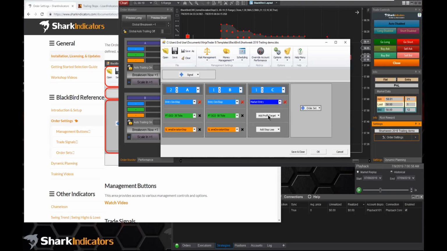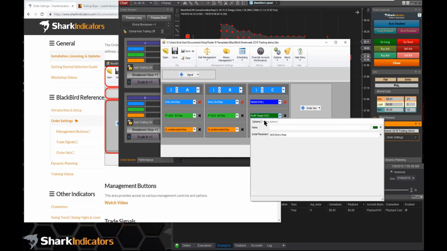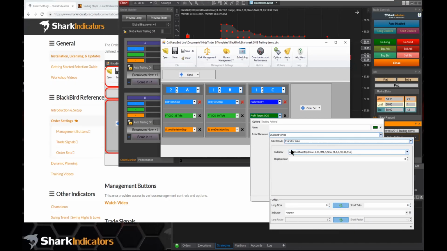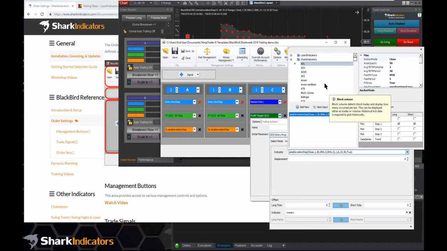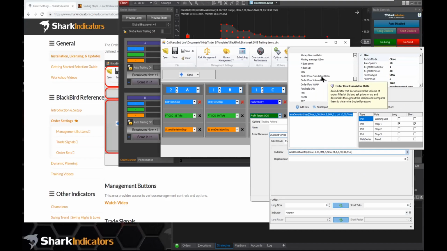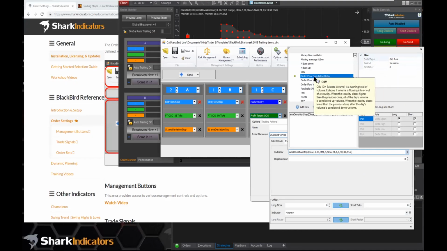So let's just say you want to set your profit target to, let's do a custom here. And let's go to the placement. Then we're going to set this up to use an indicator. And then go here. Let's see, I don't think, no. Lizard indicator, yeah, it doesn't have any free volume indicators, but let's go down here to the, oh, past it. Oh, there we go. Yeah, so we can see, out of all of Ninja's order flow indicators,